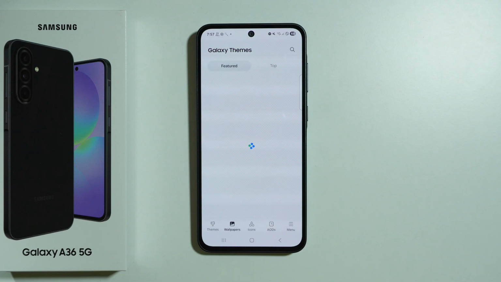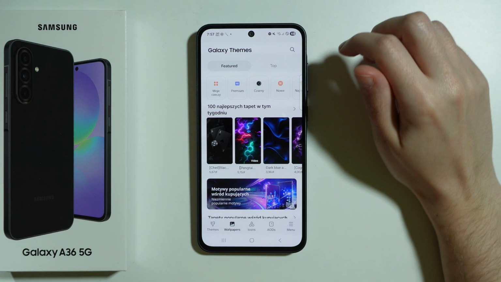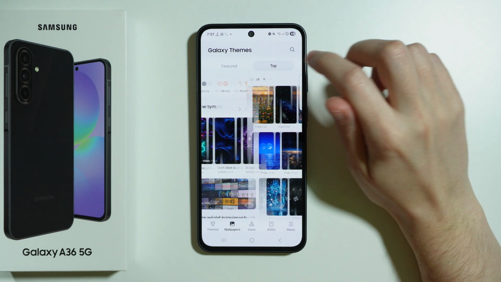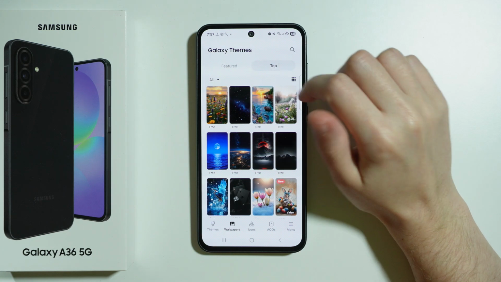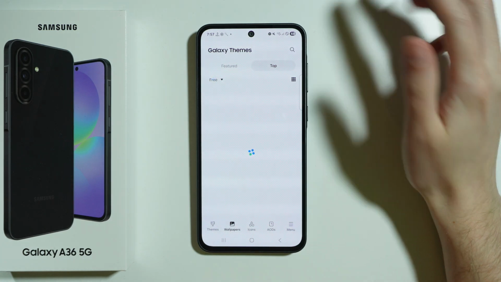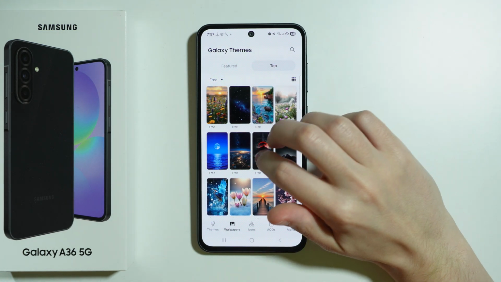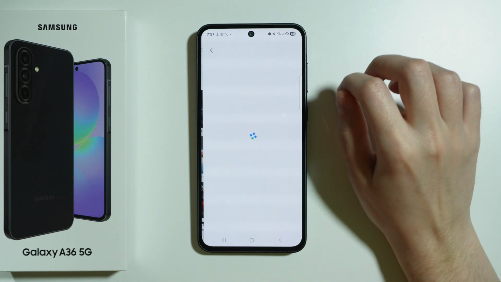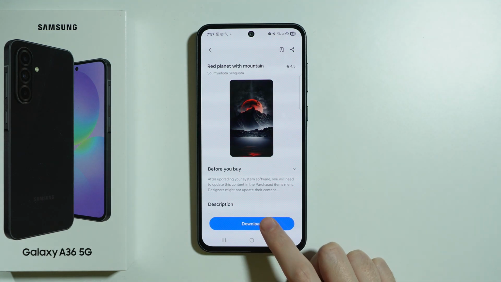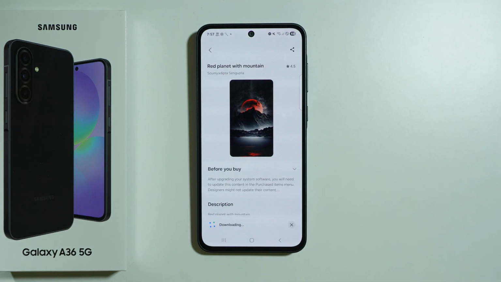We will open Galaxy themes with different wallpapers. You should also be able to switch, for example, to top, and on the left side we can switch from all to free so that we can see only free content. And for example, I'm gonna pick this wallpaper over here and I'm gonna press download at the bottom, and then